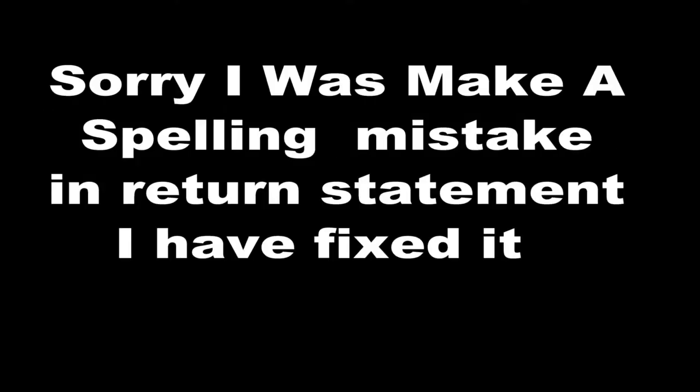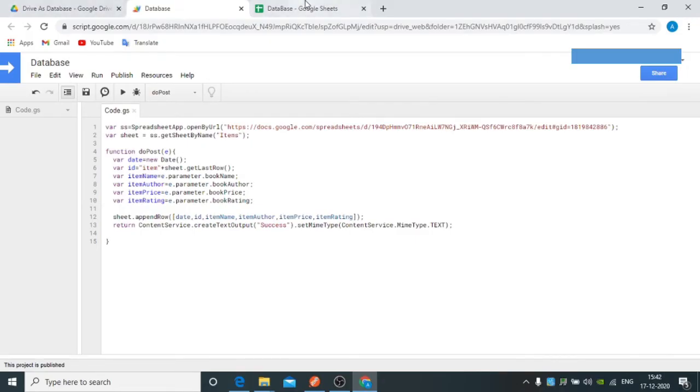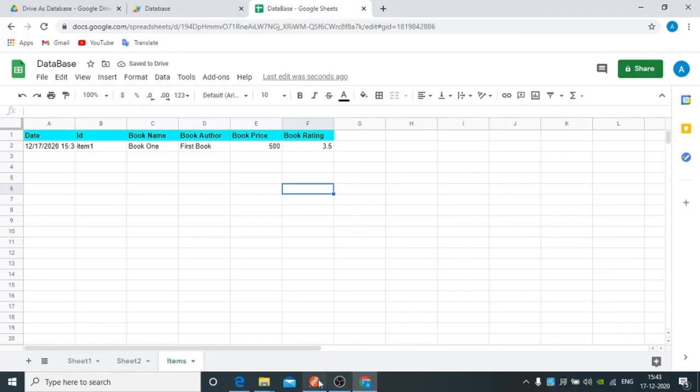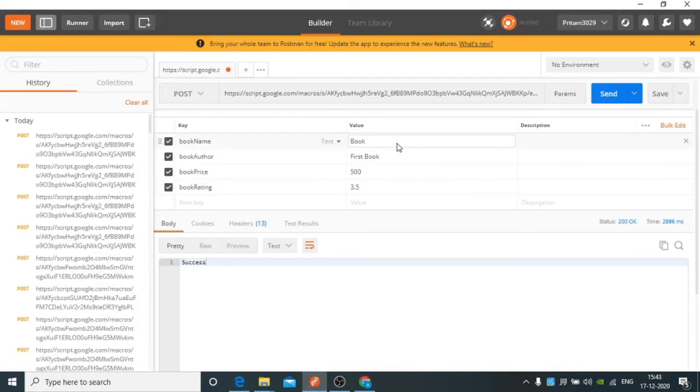Sorry guys, I made a spelling mistake in the return statement and now I have fixed it. And this is the code. Let's send the data again from Postman to our Google Sheet. Here the key must remain the same every time. Only the value of that key will change.